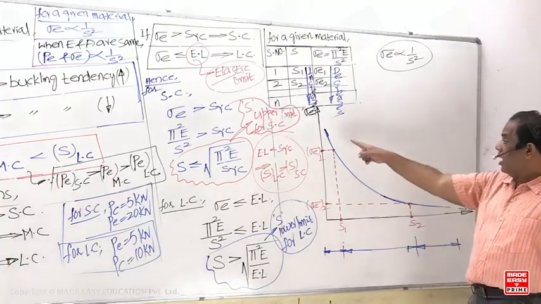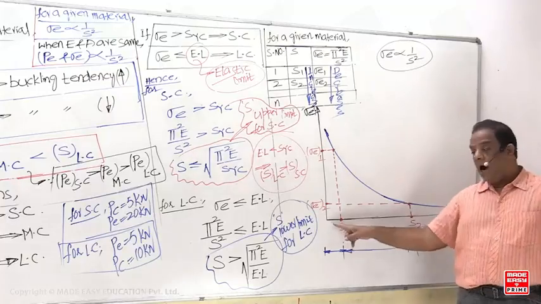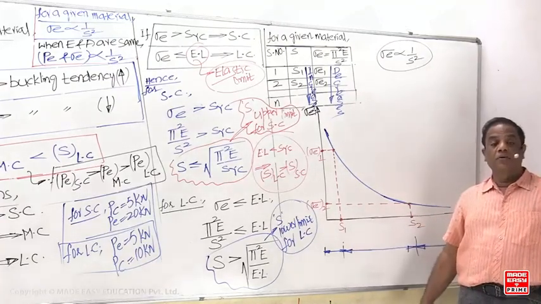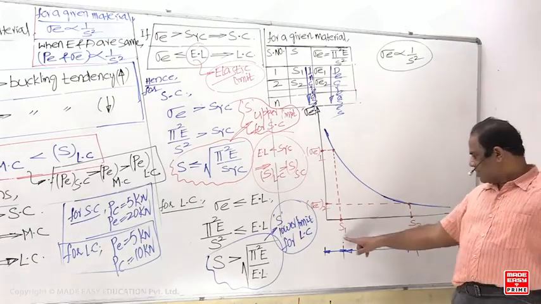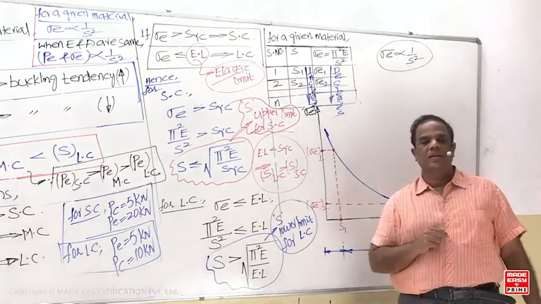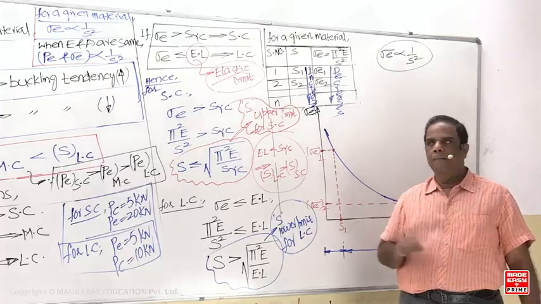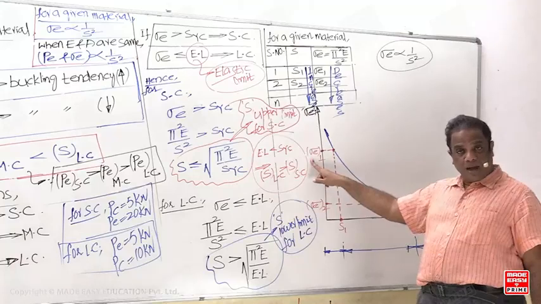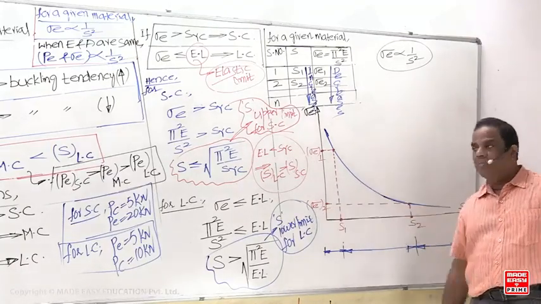Now, after getting this curve, how to decide up to which value of slenderness ratio it is a short column and from which value it is a long column? So this S1, S2. Just now you have studied short column means buckling stress should be... I have taken some limit S1, the corresponding y coordinate is sigma E1, and corresponding to S2 the buckling stress is sigma E2.